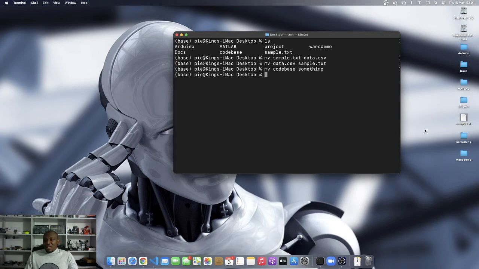And you can see that indeed the code base folder has been renamed to a folder called something, and we can also rename it back. So I can say rename something to code base. You saw me wiping the slash from there. If you leave it, the command is still going to execute correctly. So this is how you can rename files and folders simply using the